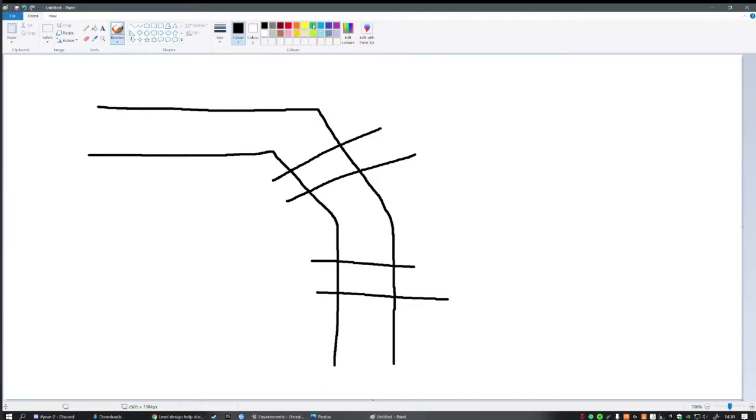And then this terrible artwork is how I do all of my level layouts. I was like, okay, so where's my starting point going to be? And my end point was going to be here. But obviously, you don't want it to be just a straight path because that's boring. You want it to zigzag away from where you're supposed to be, and